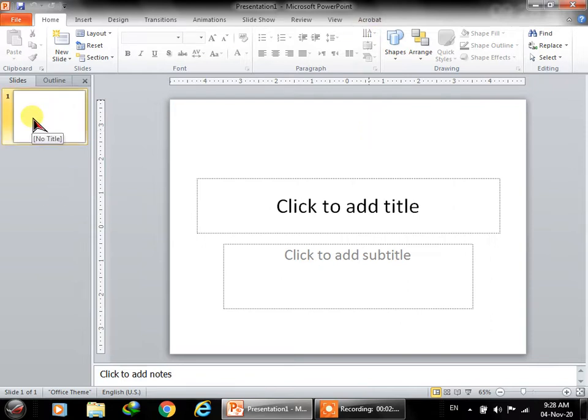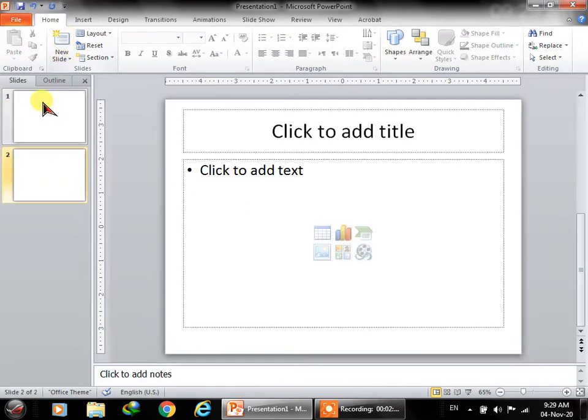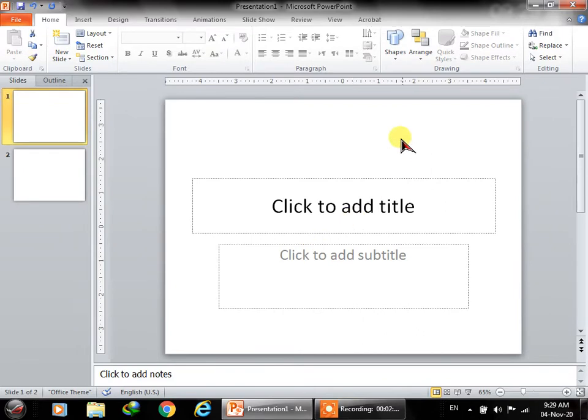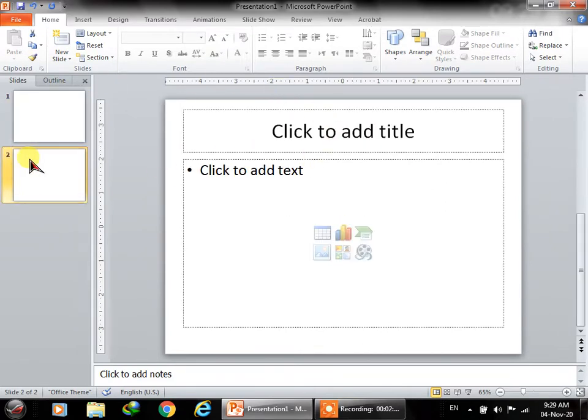Now the basic thing that you can see over here is called the slide. A slide is similar to a piece of paper, but smaller in size, because you might know that there are different paper sizes, for example A4, letter, legal, envelope, ID card. These are all standard sizes of different papers. You can click on new slide to add new slides. By default, the first slide is considered the title slide. From the second slide onward, you can add your content from here.